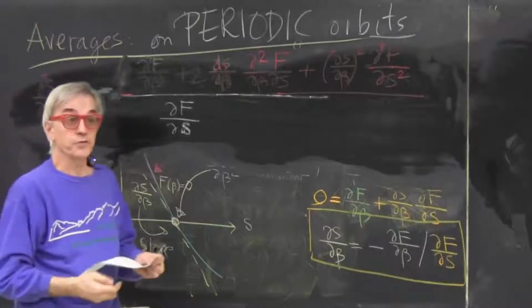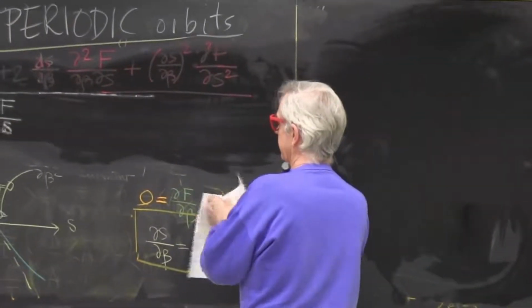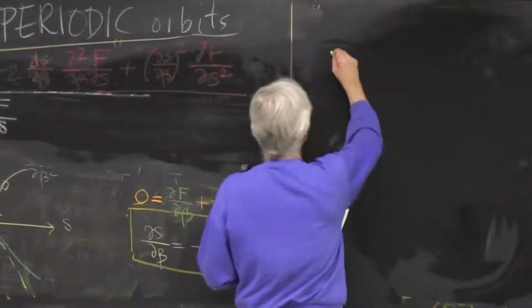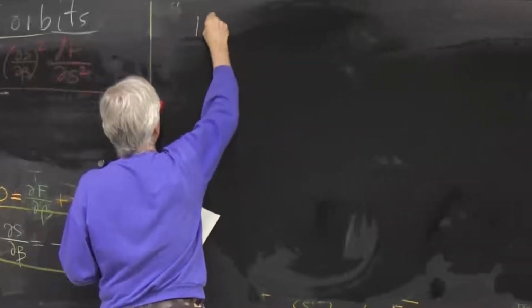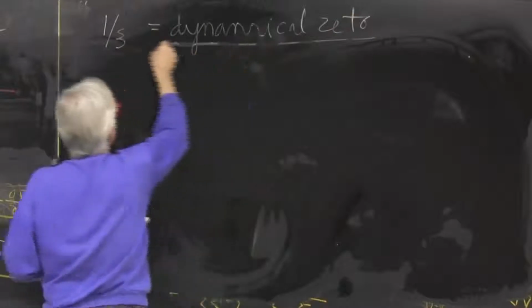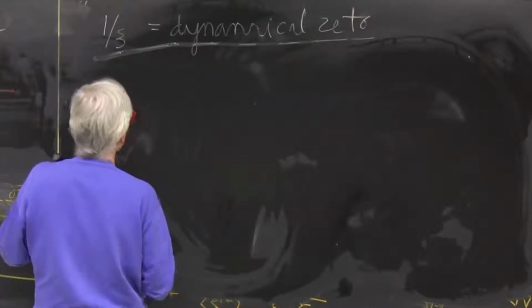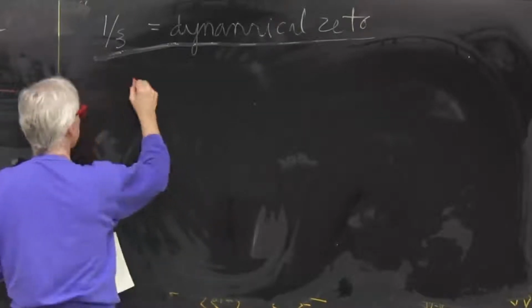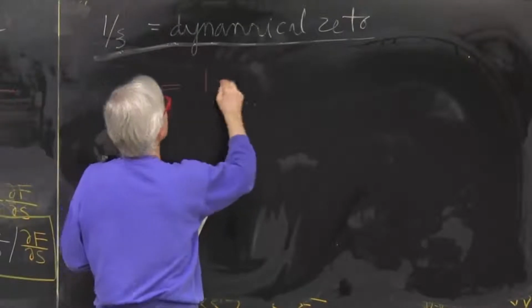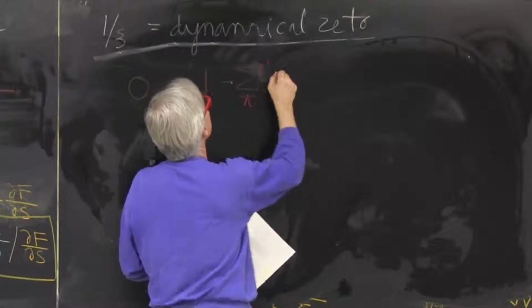So how do you use this? Turns out to be actually very easy to use in periodic orbit theory. And the reason is that our condition, so now we'll do this special case. I'll do it for the dynamical zeta function. The way the dynamical zeta function vanishing condition looks is that it's 1 minus the sum over pseudocycles π,